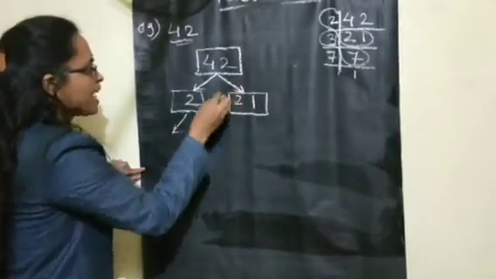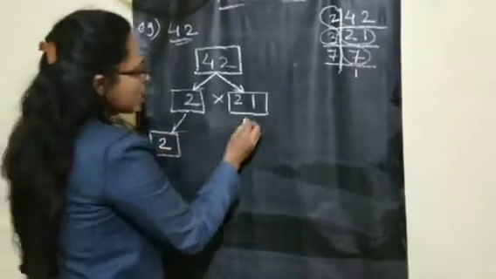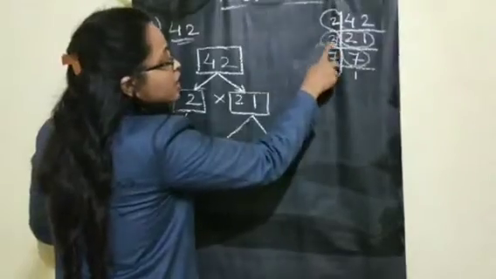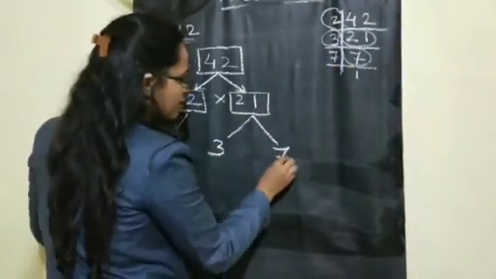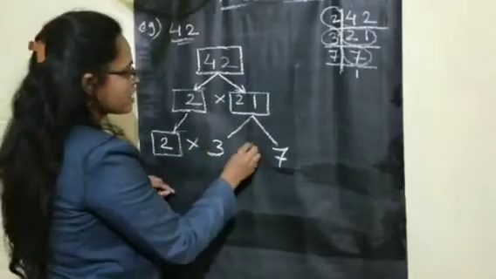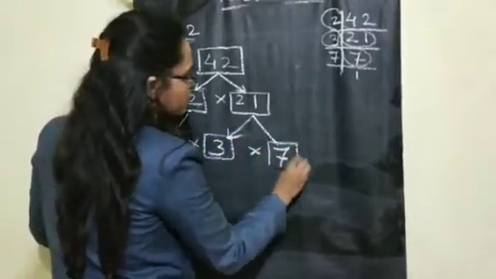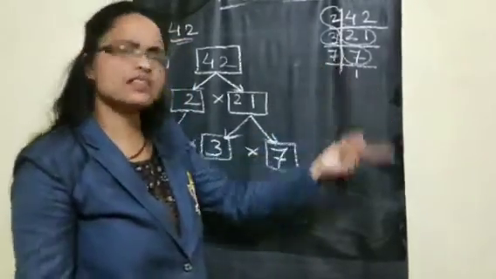So this 2 you write as it is. This you can show by the arrow. This 2 you write, keep as it is. And now this 21 you have to split, 3 multiplied by 7. 3 7s are 21. So you can write here the multiplication sign, and you can put it in the box. So 3 7s are 21. And now 7 1s are 7 only.